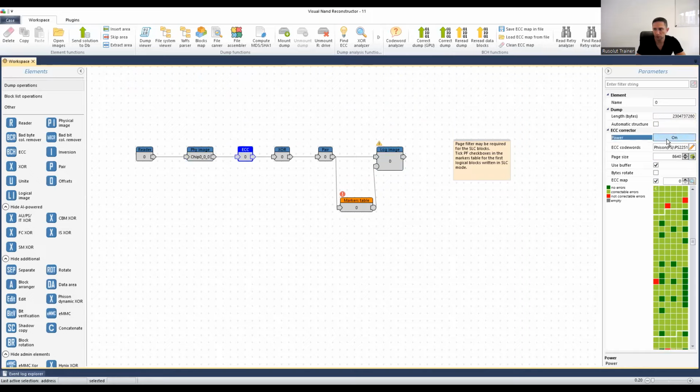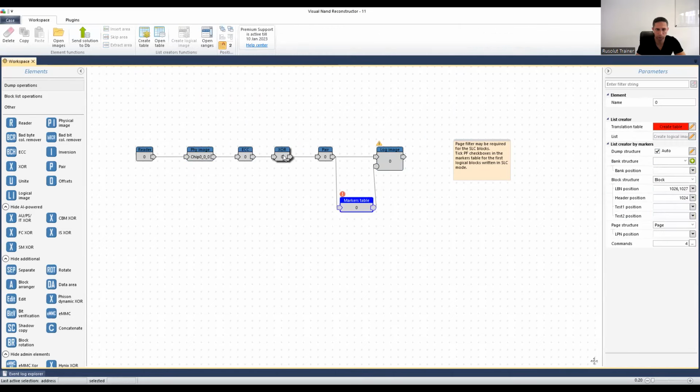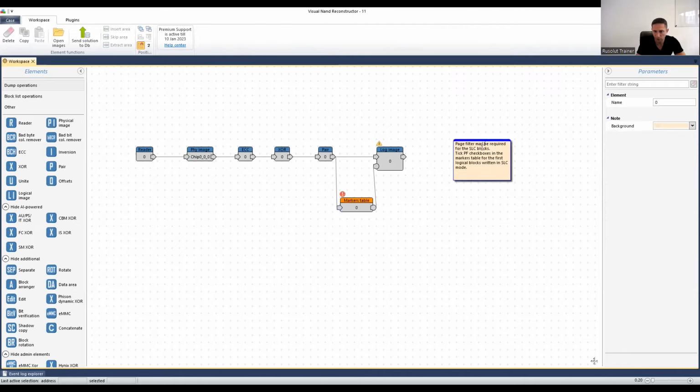Well, I'll enable it, and XOR, ECC, and pair are all here. I have a tip: I need to use a page filter for the first blocks in the file system, because the first blocks are written in SLC mode. So some pages should be skipped,